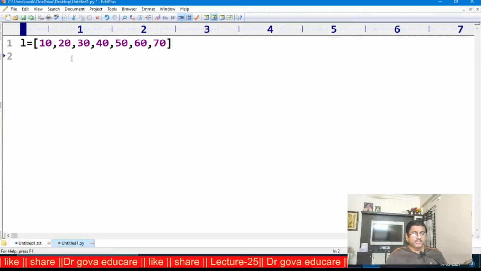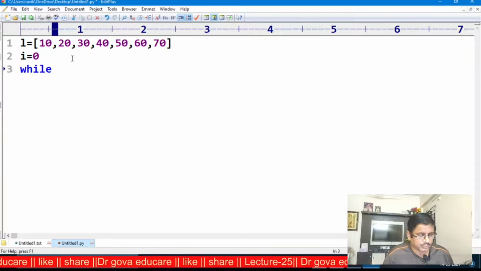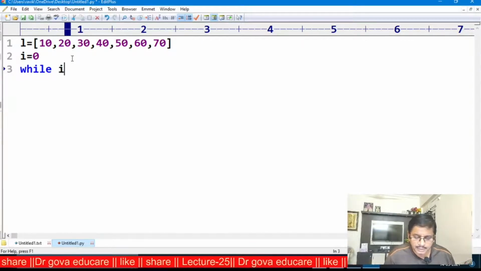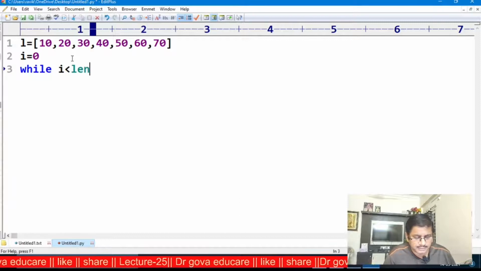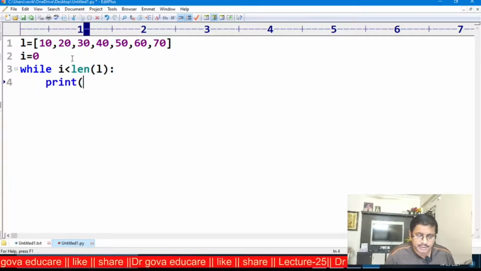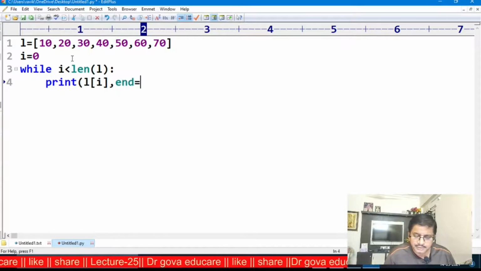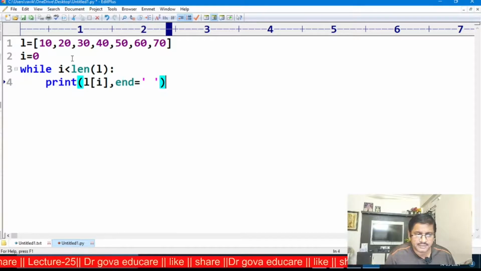List. I am using a while loop. Initially I is equal to 0. Now I am using while I is less than length of L, colon. I want to print L of I, comma, end is equal to some space.